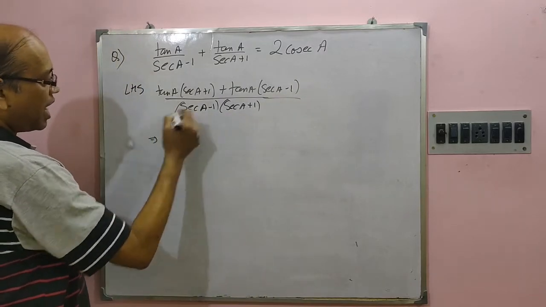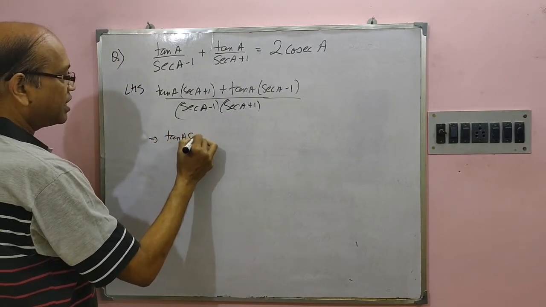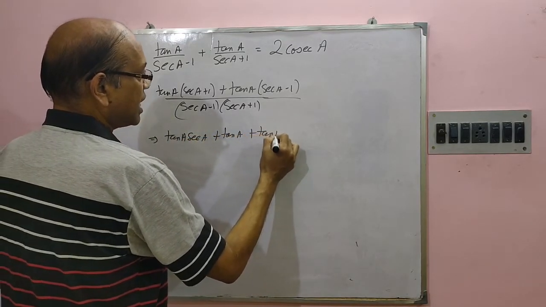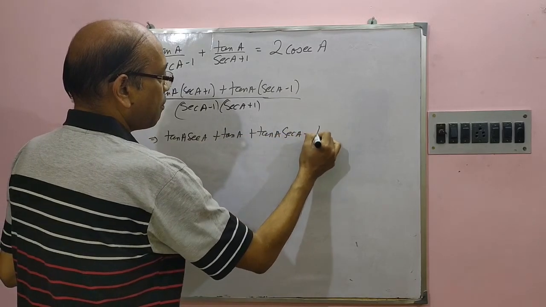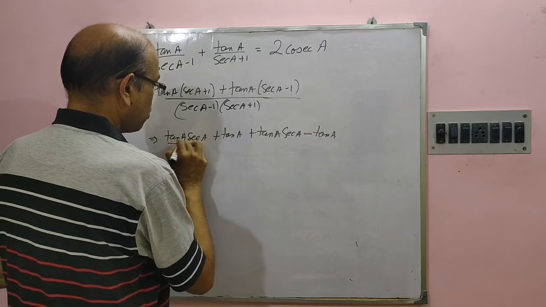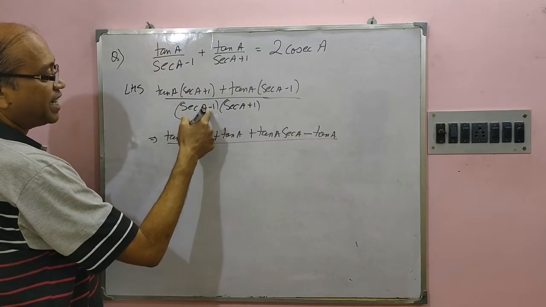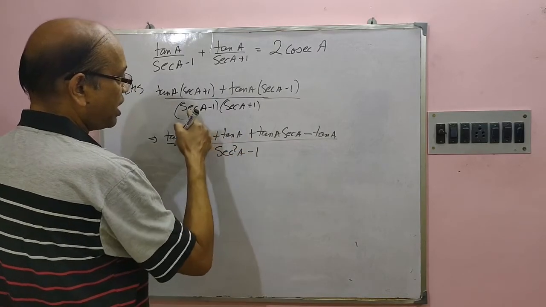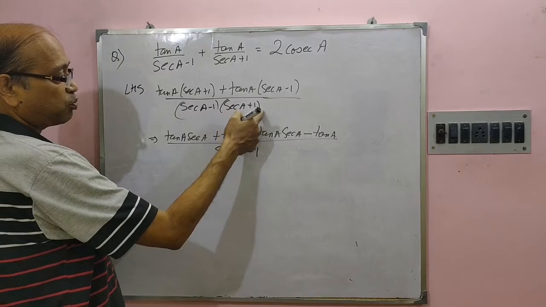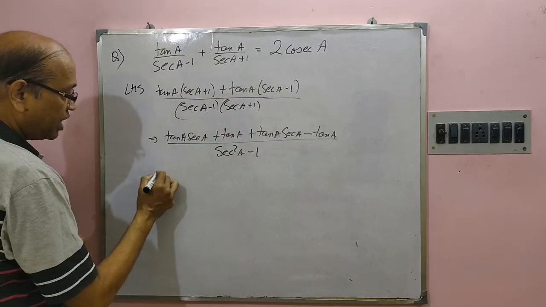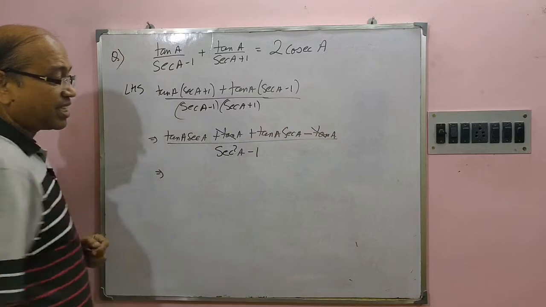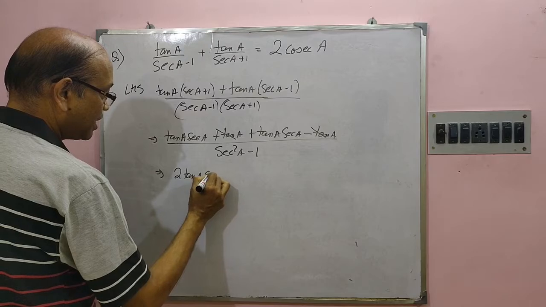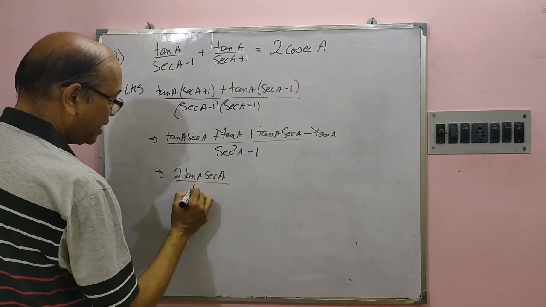Open up the brackets: I get tan A secant A plus tan A plus tan A secant A minus tan A, whole divided by (secant A minus 1)(secant A plus 1), which is secant square A minus 1, since (A minus B)(A plus B) is A square minus B square. Now plus tan A minus tan A gets cancelled, then I get 2 tan A secant A by